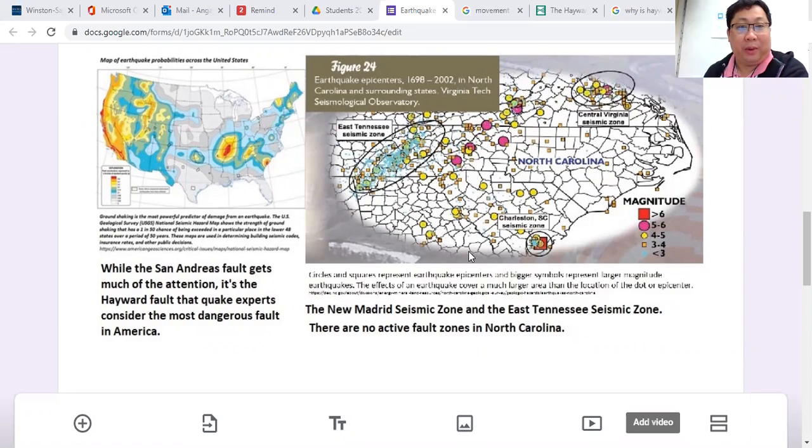Today we'll be discovering earthquake locations. Remember that in our last discussions, we stated that most earthquakes happen along the Pacific Ring of Fire, also known as the Circum-Pacific Belt. And we also mentioned that the reason why most earthquakes happen there is because there are a lot of volcanoes there. Now, why are there a lot of volcanoes along the Pacific Ring of Fire? Do you still remember?